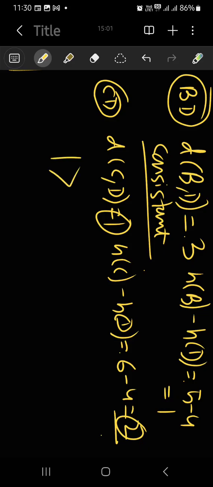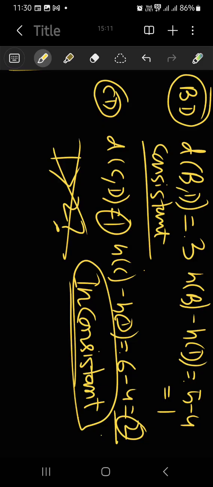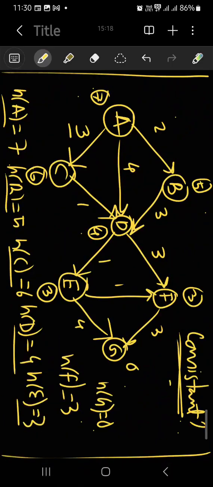তো এখানে দেখো 1 ইজ গ্রেটার দেন 2, এটা কি কখনো পসিবল না? তো তাহলে কি এটা কনসিস্টেন্ট না, এখানে হয়ে গেল ইনকনসিস্টেন্ট। তো তাহলে আমরা কি এখানে বলতে পারি যে দিস ইজ কনসিস্টেন্ট? না, দিস ইজ নট কনসিস্টেন্ট, অ্যান্সার উইল বি নো।